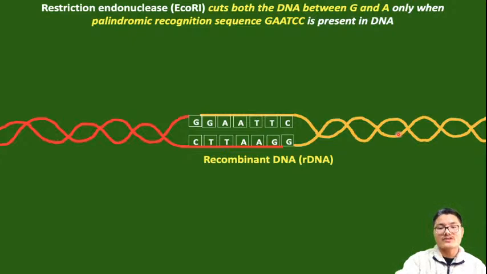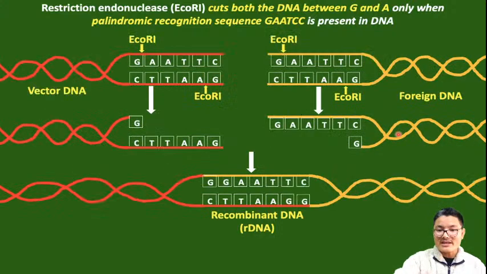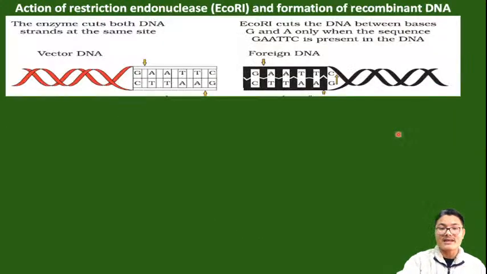And we can produce different products. So same pattern, this is a diagrammatic representation, and here in your textbook this is represented, right? Action of restriction endonuclease Eco R1, where we have the vector DNA and foreign DNA, which are going to cut in between